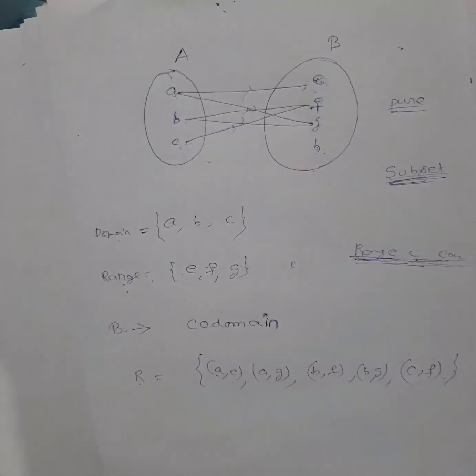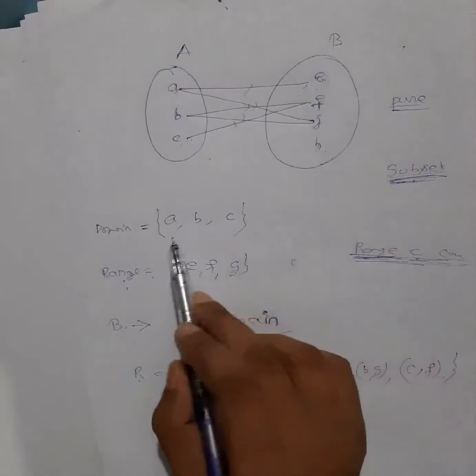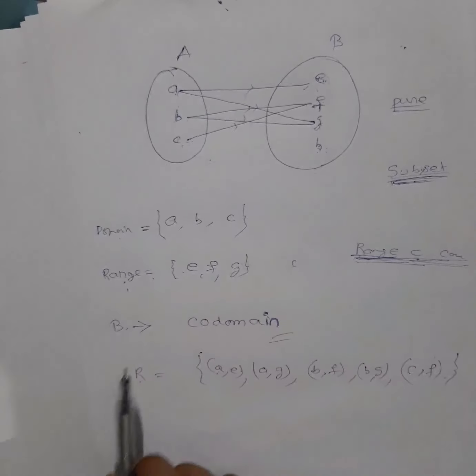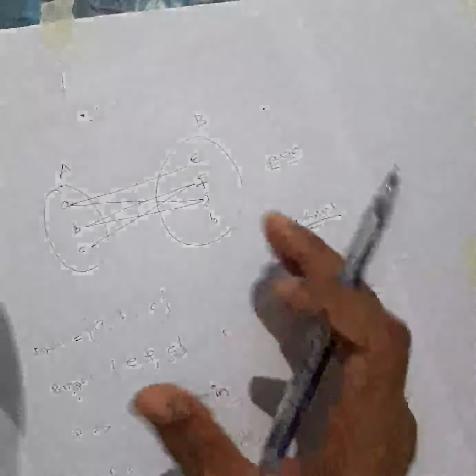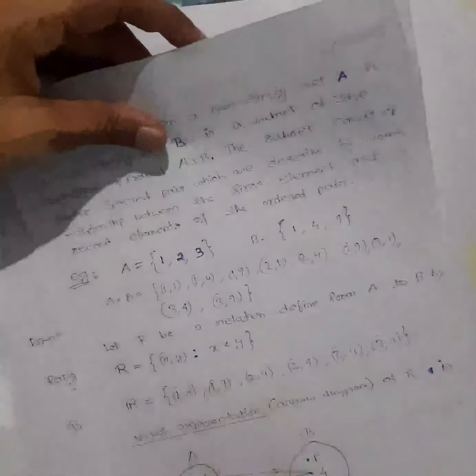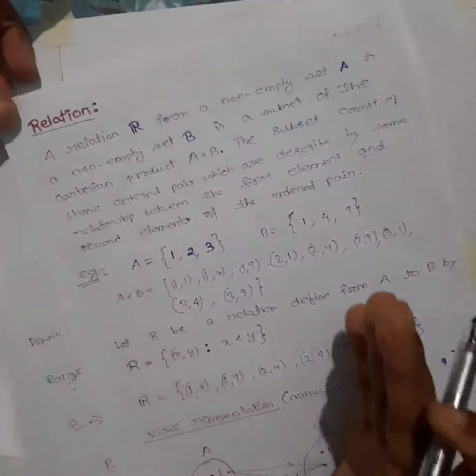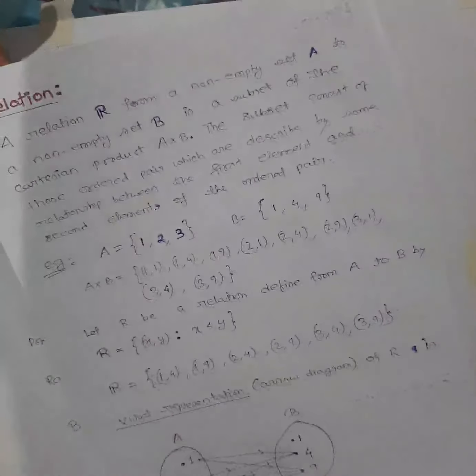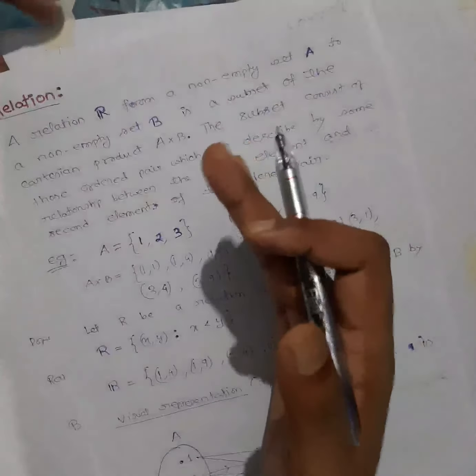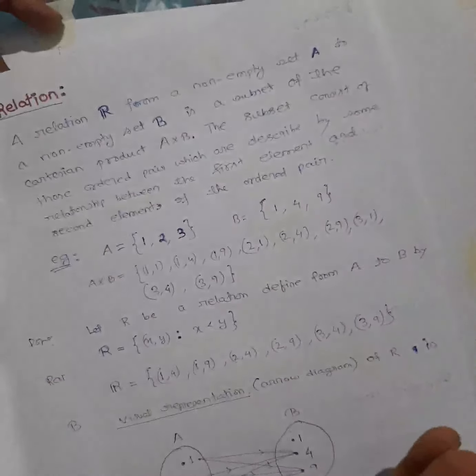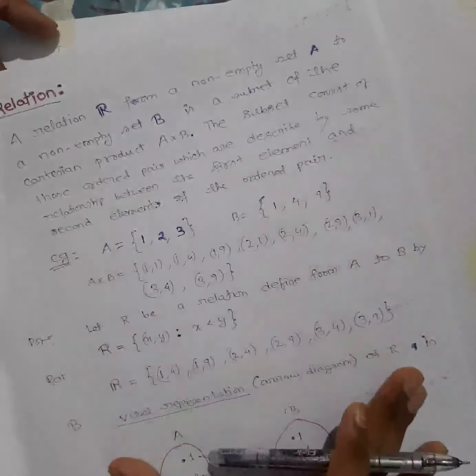These are the things you need to understand here: image, range, domain, codomain. I have already written down the definitions, and I have also given an example. So go through all this once and try to understand. In the next video, I will explain all this with the help of examples. We will take exercise questions and try to understand more on this.